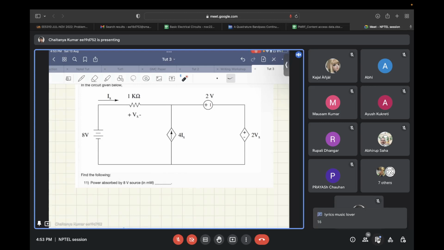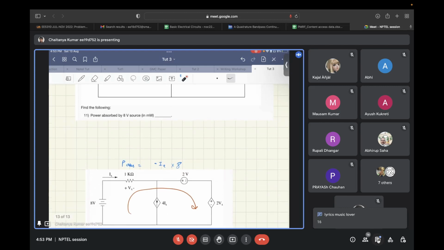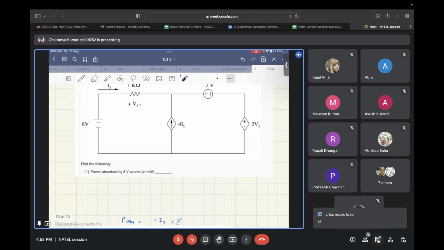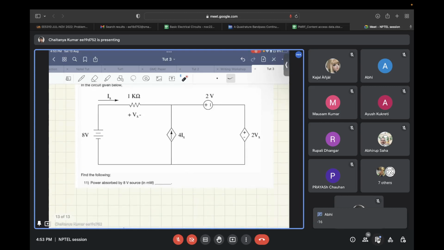Okay, so let's try it out. Again, the power that will be absorbed by the voltage source will be minus of Ix times 8, because